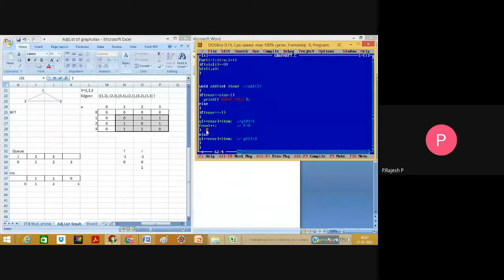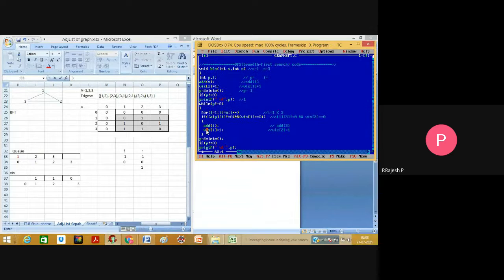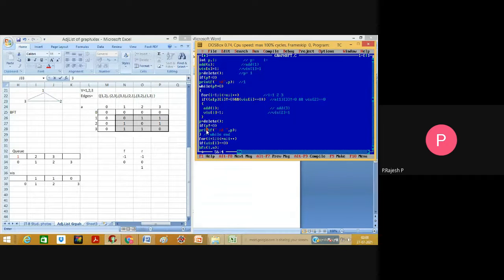Then go back. Any further statements? Nothing. So go back here. Now VIS of I is nothing but VIS of 3, which is double equals to 1 right now.